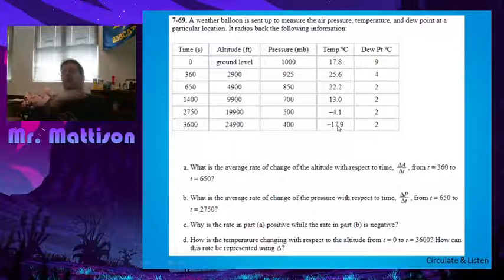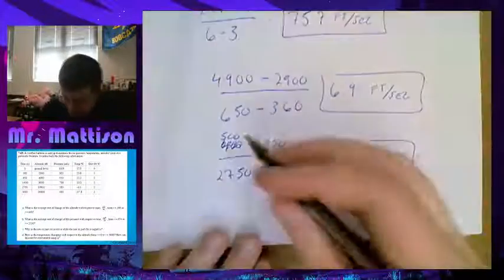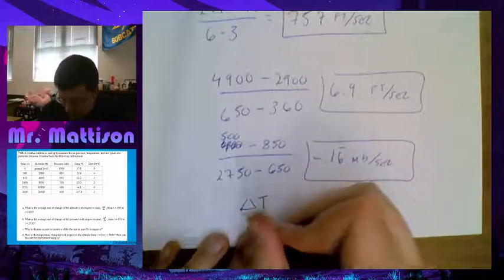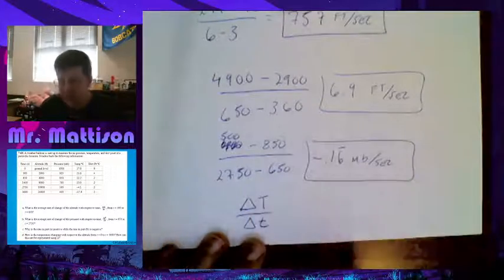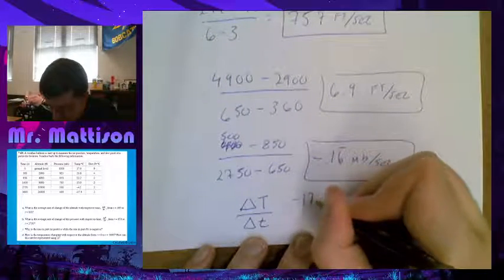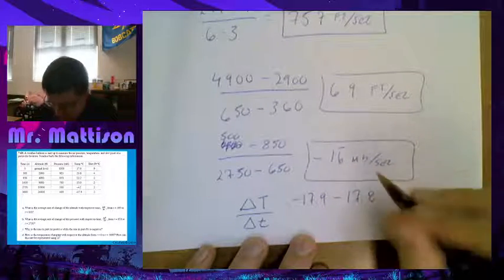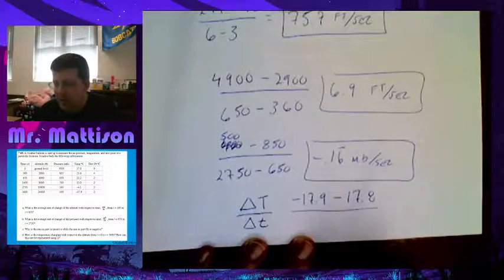Okay, so that might make you think, well, that's different than all the rest, right? But what we're looking at is the average rate of change, the average change over that entire time period. So what I want is my delta temperature over my delta time. I'm kind of low on room, but we'll pull it back and try that. So what I want is my delta, I'll use a capital T for temperature, over my delta lowercase t for time. So my temperature change is negative 17.9 minus 17.8. That's my second one minus my first one,